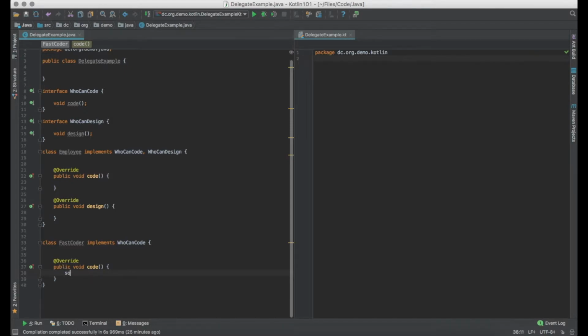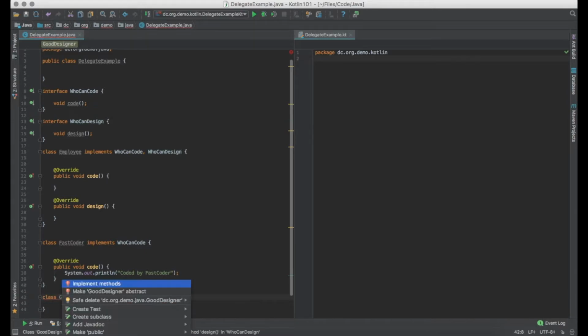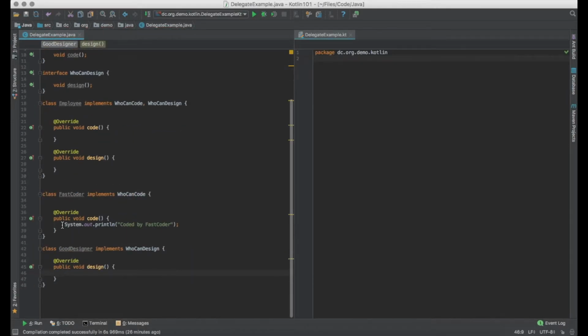Fine, and for simplicity, let's just take that it is writing "coded by fast coder." That's it, right? And we are also searching for a designer, so let's write good designer. Who is a designer? So it has to implement a method design, and let's take an example of this and write the same thing,